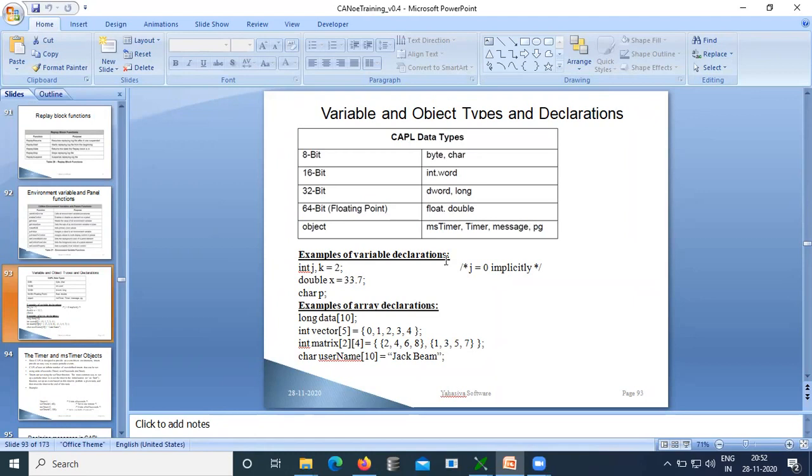We will use byte or char as the need arises. The next data types are integer and word. Both accommodate 16 bits. You cannot go beyond that.